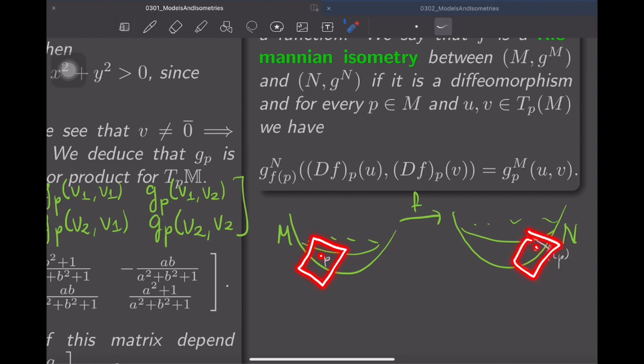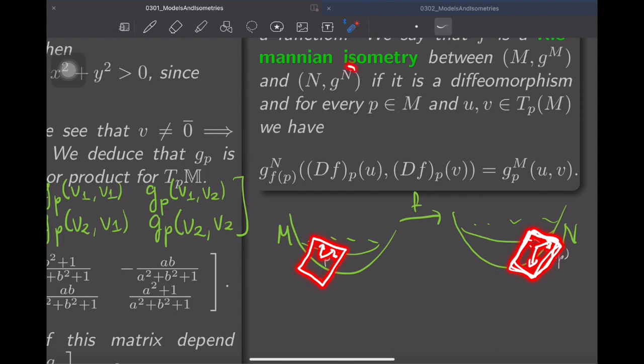In the tangent plane at the domain, I can take any two vectors and pair them with the inner product that makes M a Riemannian manifold, or I can pair their images under the derivative. So under the derivative, I can move to N, and here I can take their inner product